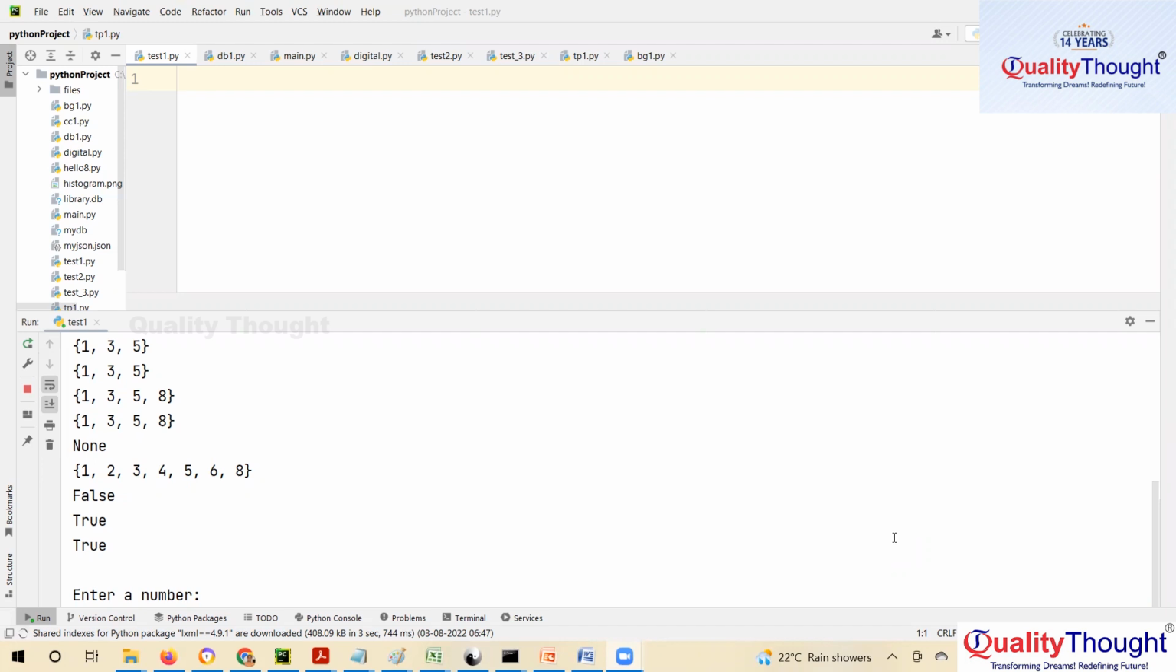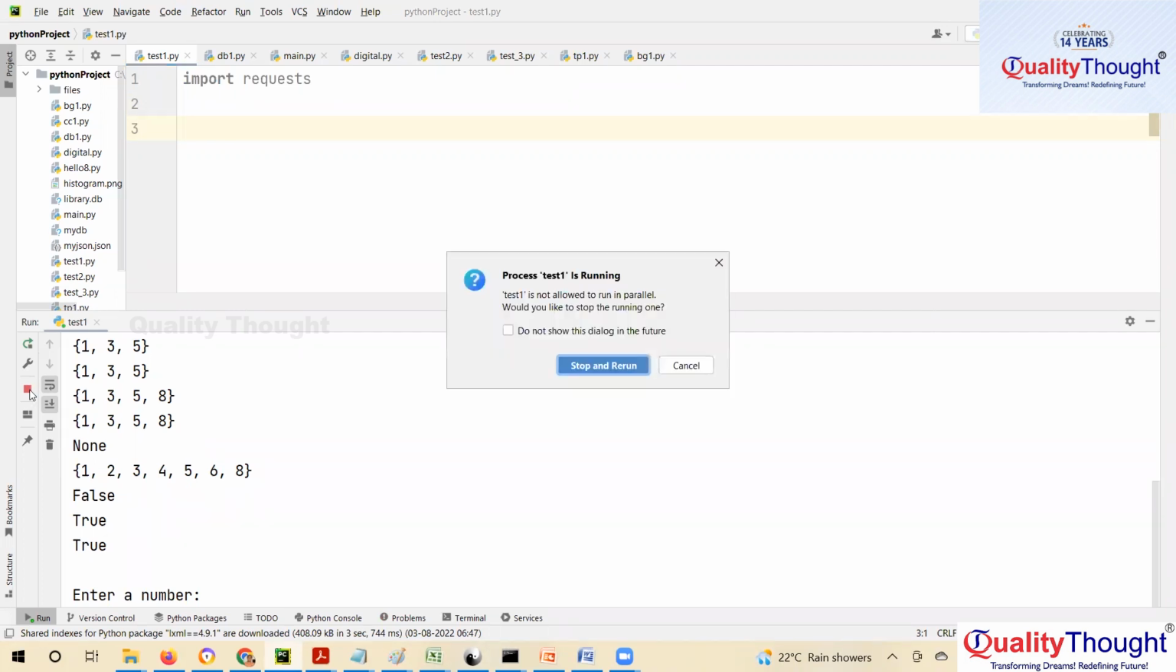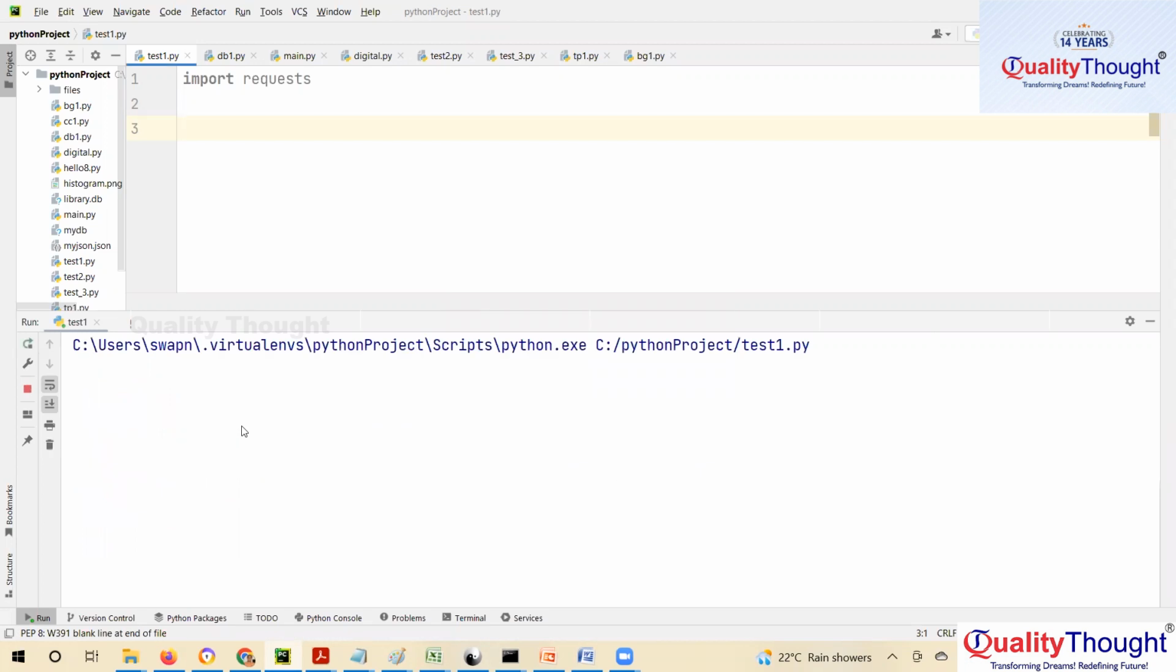I think I have it installed. I may not have. Let's see. Import requests. So if I run it, okay, yeah, requests. So requests will help us to connect to the internet. For example,